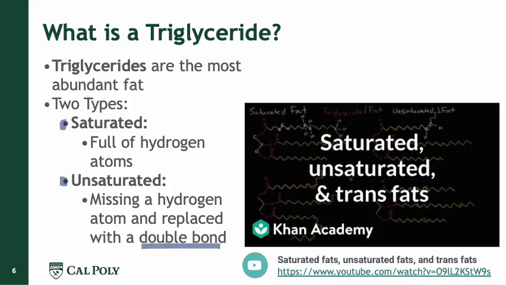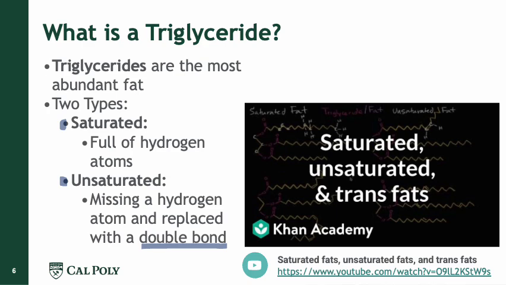So when we see a double bond in the structure, we can say that this fatty acid is unsaturated. I would recommend that you take a look at this video, where there's an in-depth explanation of saturated, unsaturated, and trans fats in terms of their structure and